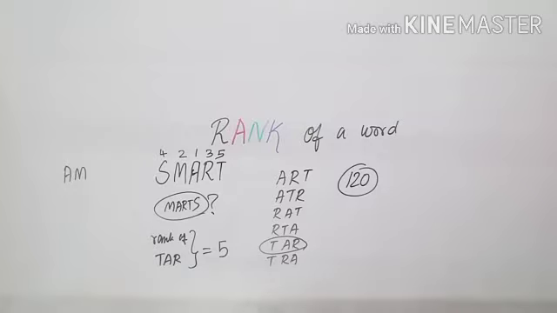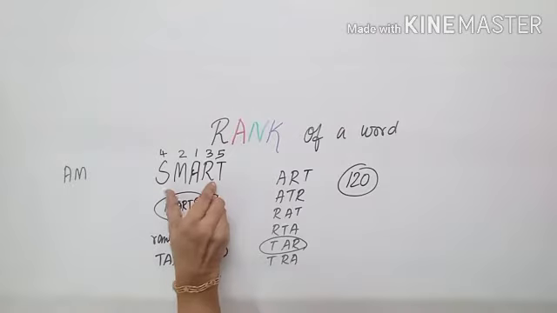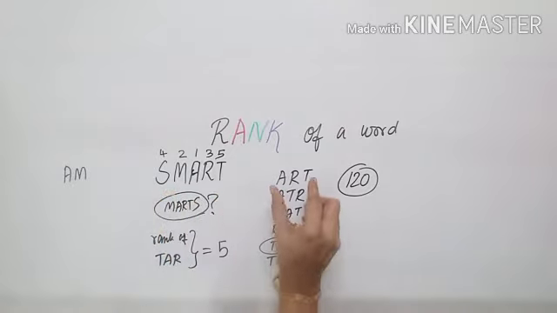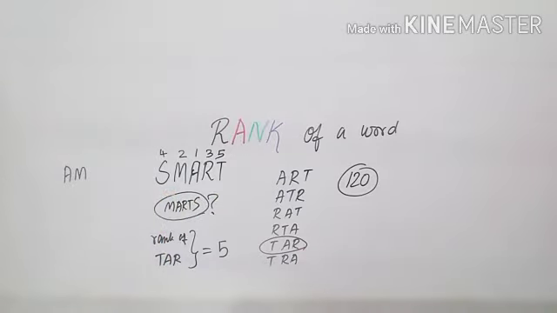So in this exercise we are going to learn a method to find the rank of a word when the letters of the given word are written in alphabetical order. See, this is a simple problem. When I give you A-R-T, only 3 letters, so only 6 possible arrangements. But when there are more letters, definitely we need a procedure. We'll see to it now.